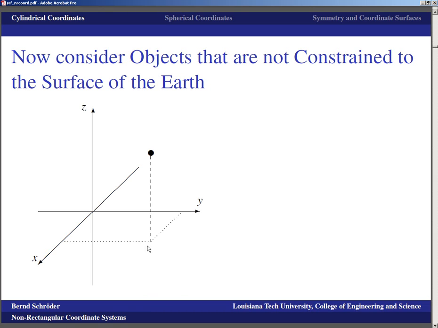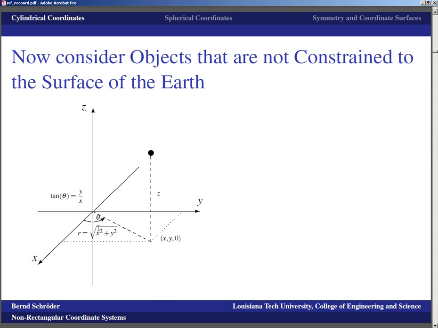And, well, then we've got coordinates x, y, but we also have a height z, most importantly. And this point down here is the point (x, y, 0), which, if we measure the distance of that point to the origin, can be expressed in terms of r being the square root of x squared plus y squared, and that angle theta that comes off the x-axis. And so that means